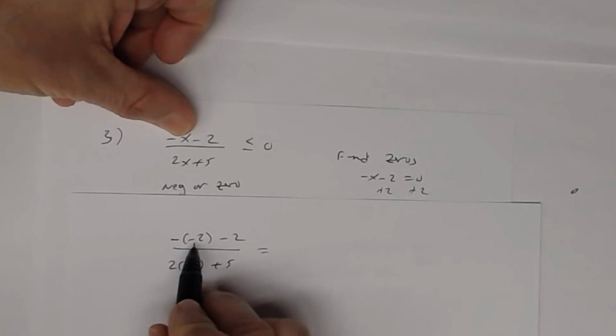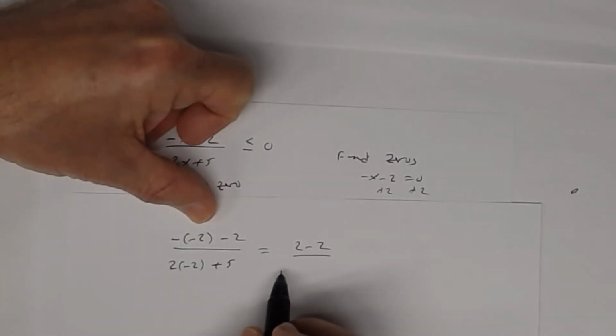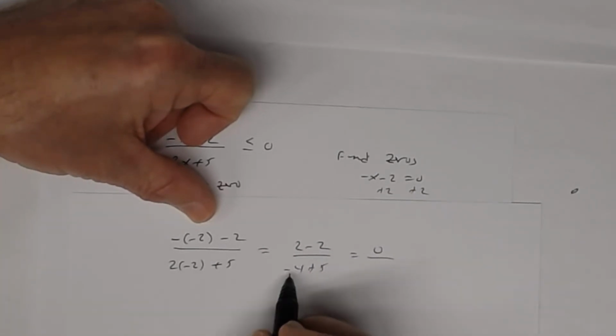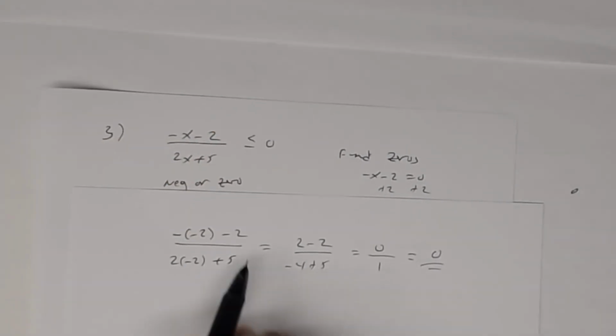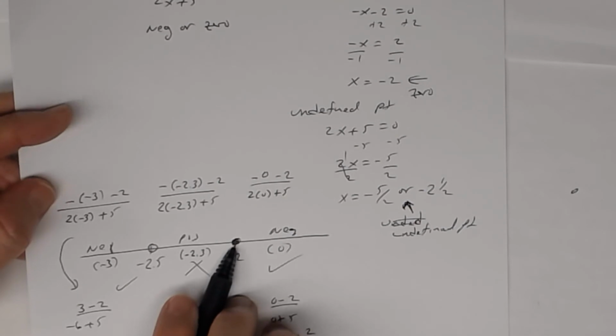Well, the opposite of negative 2 is a positive 2, so that's 2 minus 2. 2 times a negative 2 is a negative 4 plus 5. 2 minus 2 is 0. Negative 4 plus 5 is 1. 0 divided by 1 is 0. So see, it makes it 0. I want it to equal 0 as well. All right? So that's why negative 2 is a solution, and that's why we must put a closed circle here,